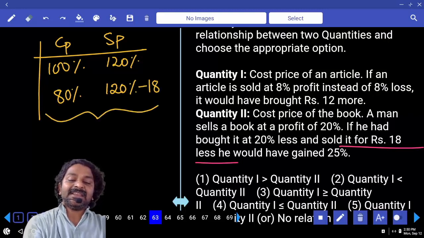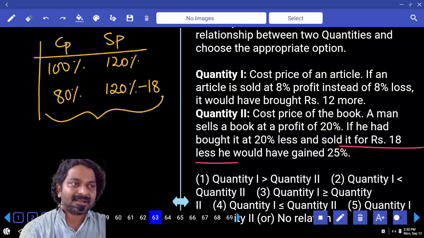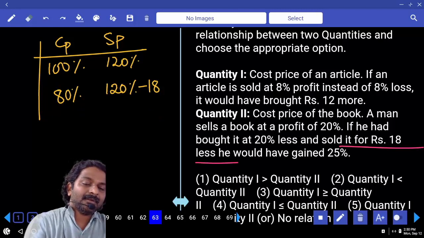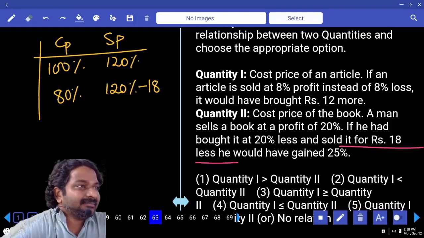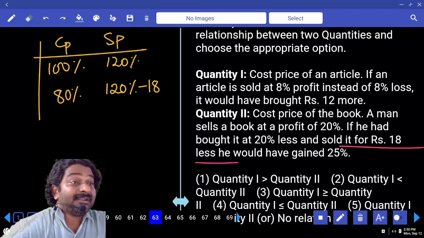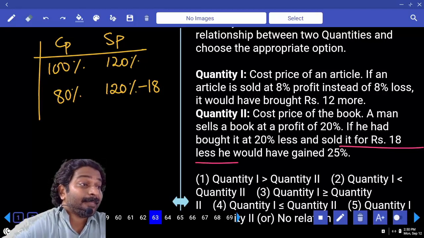Now, in the second case, can you tell me what is the profit or loss? How do you get profit? Cost price minus